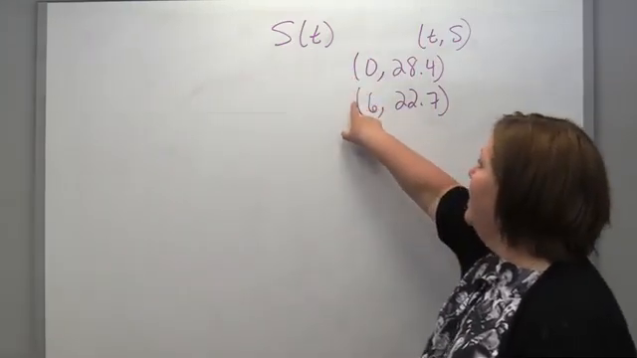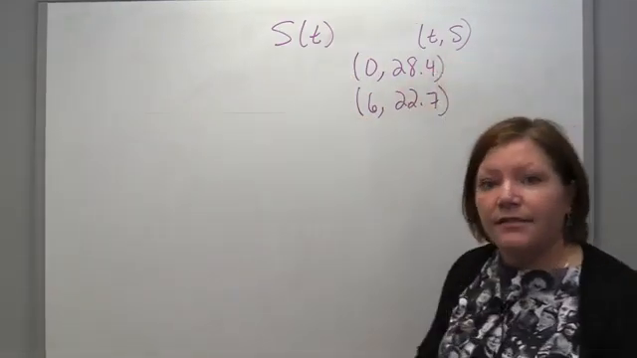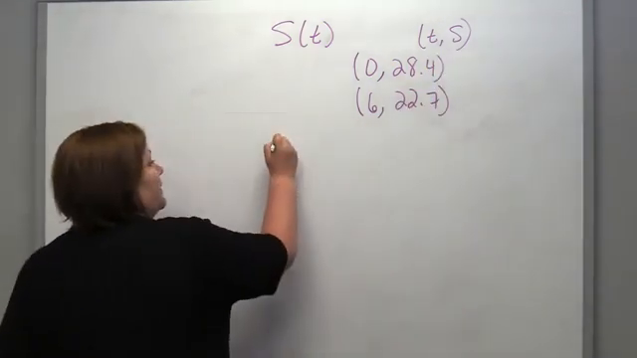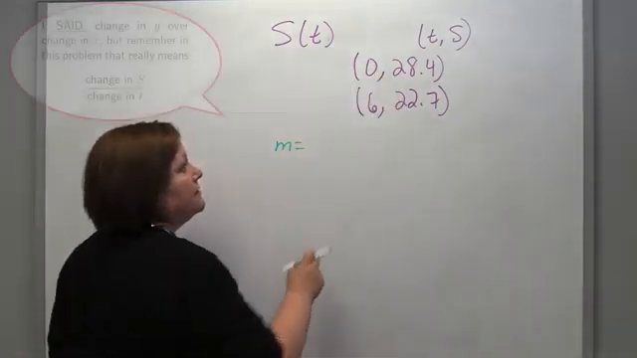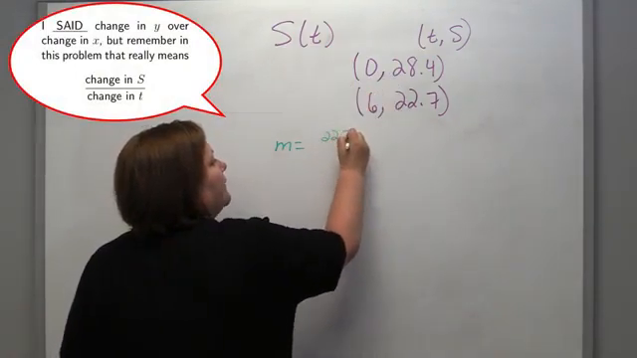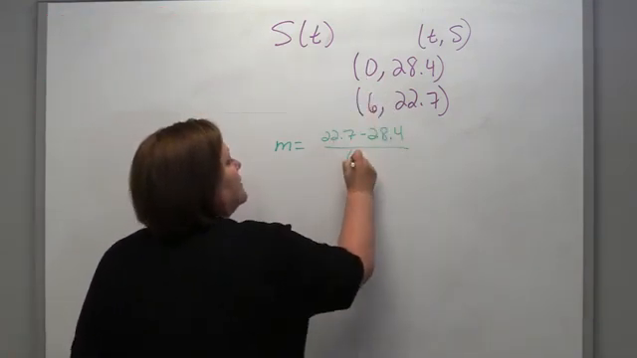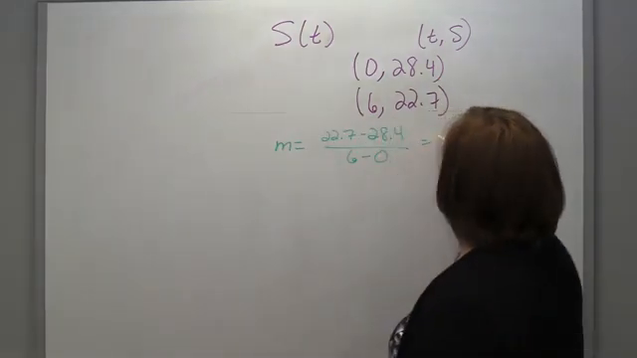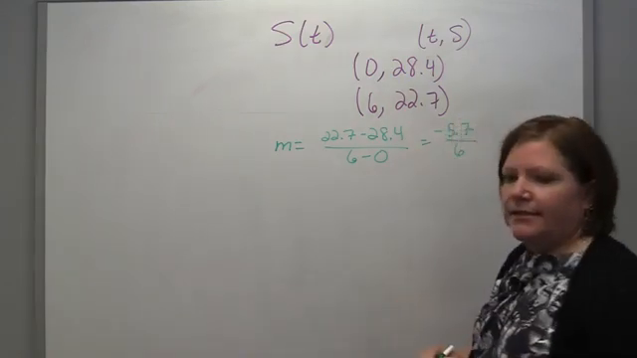Like I said before, the numbers aren't always going to look nice. In this case, they aren't as nice as our first example. And so we need to find what the slope is between them. The slope is change in y's over change in x's. So I'm going to write it this way: 22.7 minus 28.4 over 6 minus 0. And that ends up being negative 5.7 over 6,